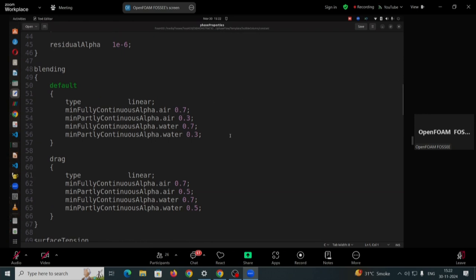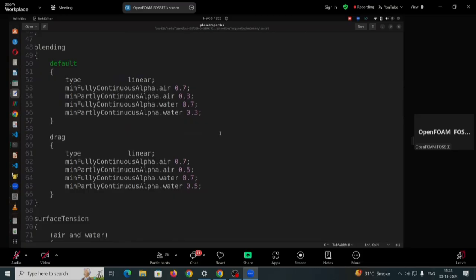So this kind of brings that limit, and based on this, the blending is done. So it is decided whether one phase is dispersed in the other, and then the drag forces are set accordingly. So here you see the default blending. If we don't specify a separate blending, then this default blending will be used for all the models. But for any specific model you want to change that, then you need to write the name of the model and then specify a blending for that. So here they have said a default blending of 0.7 and 0.3, but for drag they change it to 0.7